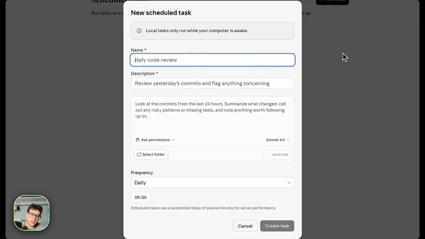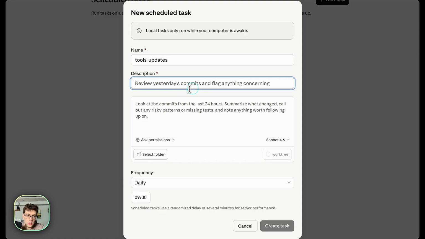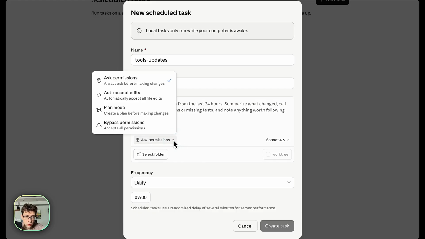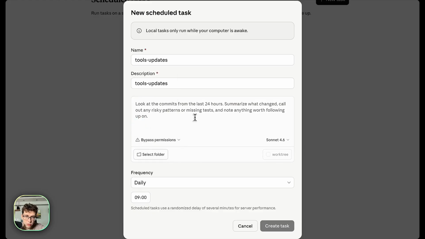So I can name it, let's say, tools updates. And I can give a description for this scheduled task, or even let's just paste it here. I'm going to explain in the task box itself. Also, we can bypass the permissions. And now I'm going to write something like,